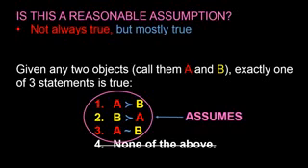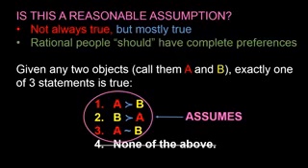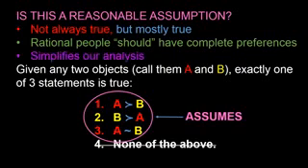Another reason for imposing this assumption is that we believe, or at least economists believe, that rational people ought to have complete preferences. That is to say, when you give a rational person 2 objects, he should be able to give you a definite answer as to whether he strictly prefers one to the other or whether he's indifferent between the 2 of them. Yet another reason for imposing this assumption is that it simplifies our analysis of how people go about making choices. So altogether, we've just listed 3 reasons for imposing the axiom of completeness.